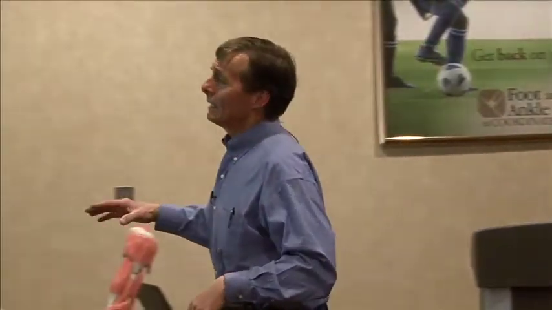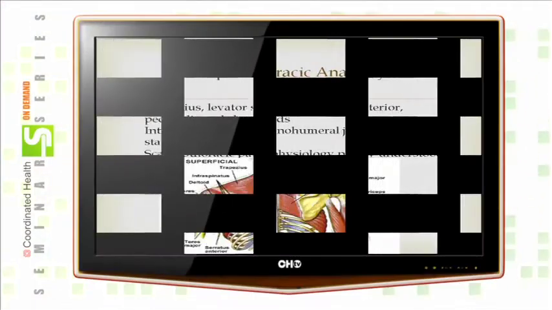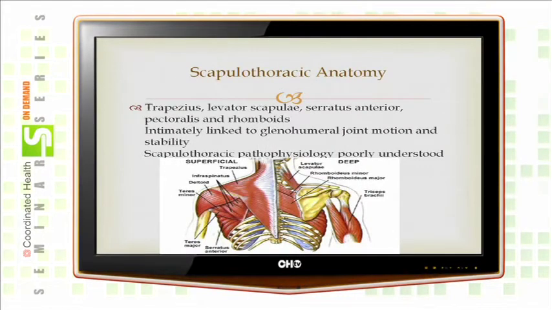Scapulothoracic anatomy, this is the anatomy in the back of the shoulder blade. Extremely prone to injury. We're still quite unsure in terms of how these muscles affect the shoulder joint itself, but